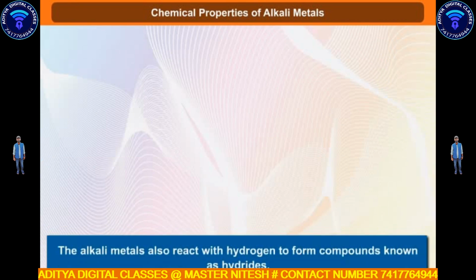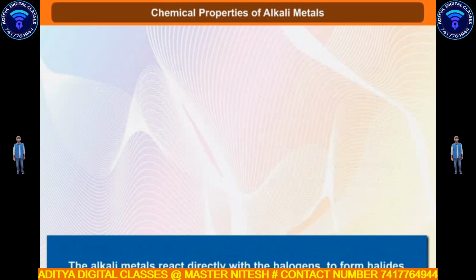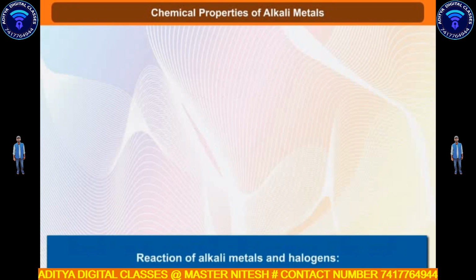The alkali metals also react with hydrogen to form compounds known as hydrides. The alkali metals react directly with the halogens to form halides. The general reaction is shown, where M is an alkali metal and X is a halogen atom. Look at the reaction of alkali metals and halogens. Lithium, sodium, potassium, rubidium and cesium on reaction with chlorine give lithium chloride,